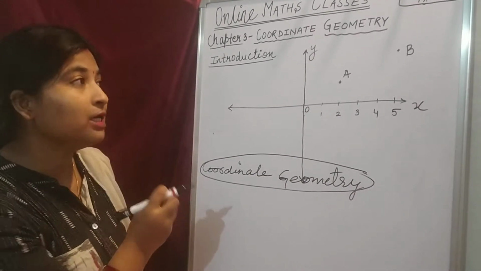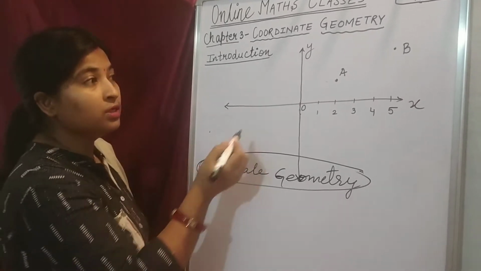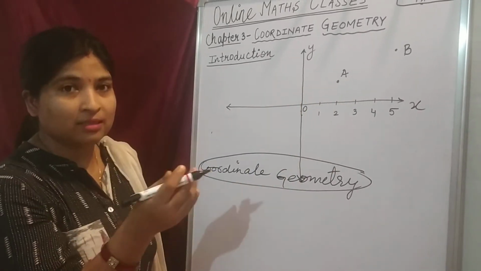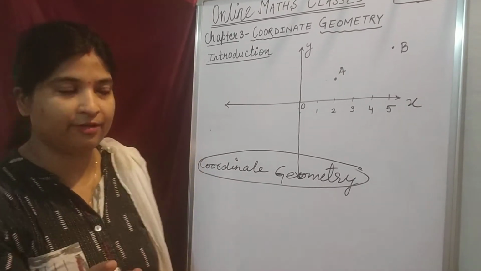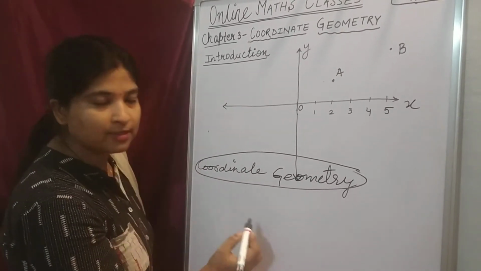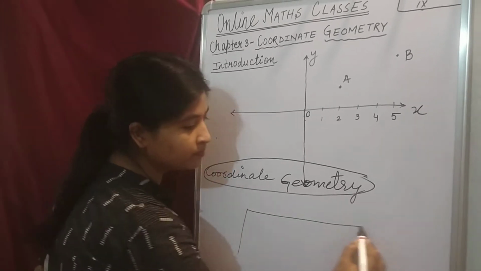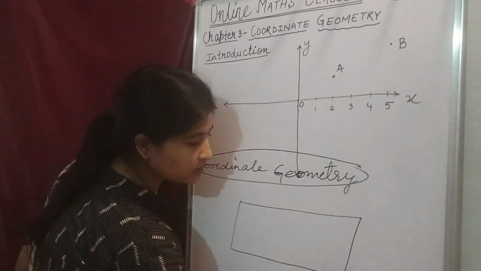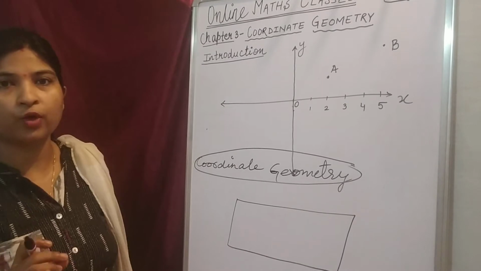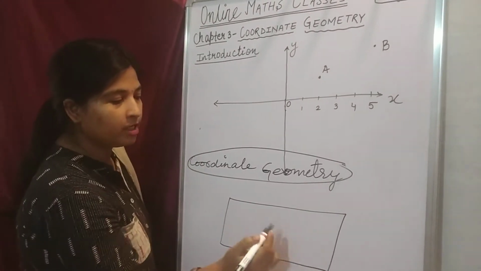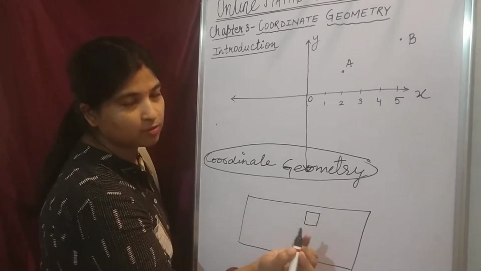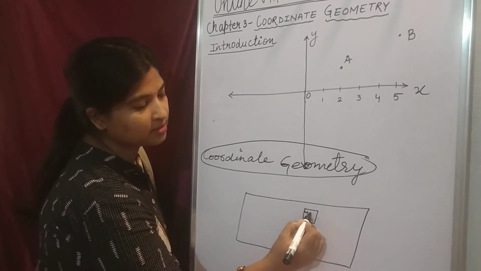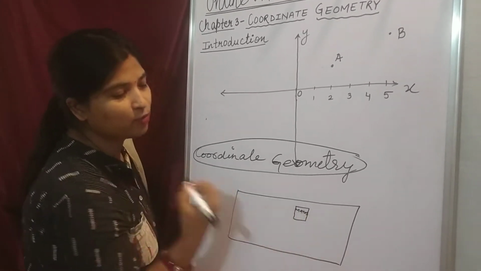Before that, I think you should know how to relate this point A and point B or anything with our general life. Like all of you have a study table in your room. Let us suppose this is the top of your study table. Now on the top of this study table you have a book kept over here. That is your maths book for sure, because you are studying maths regularly, I know that.